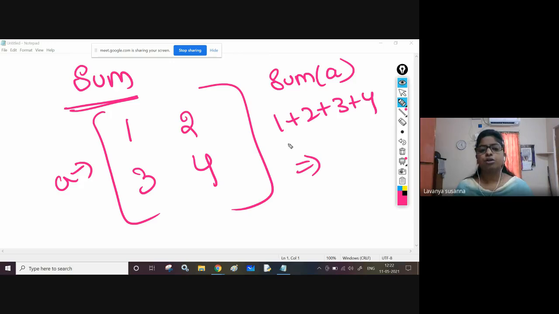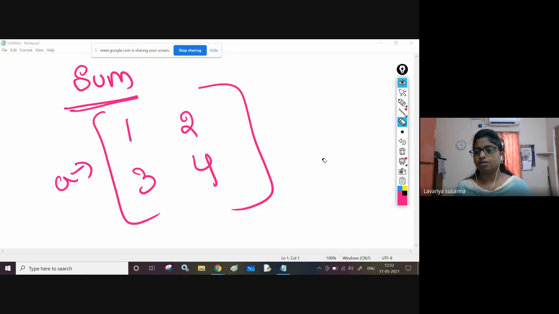Sum of A means each and every element it is going to add. Now, if you want to add only row elements or only column elements, there is syntax. See here. Remember, sum of A means it is going to add each and every element. Now, there is an axis. For row, axis is 1.